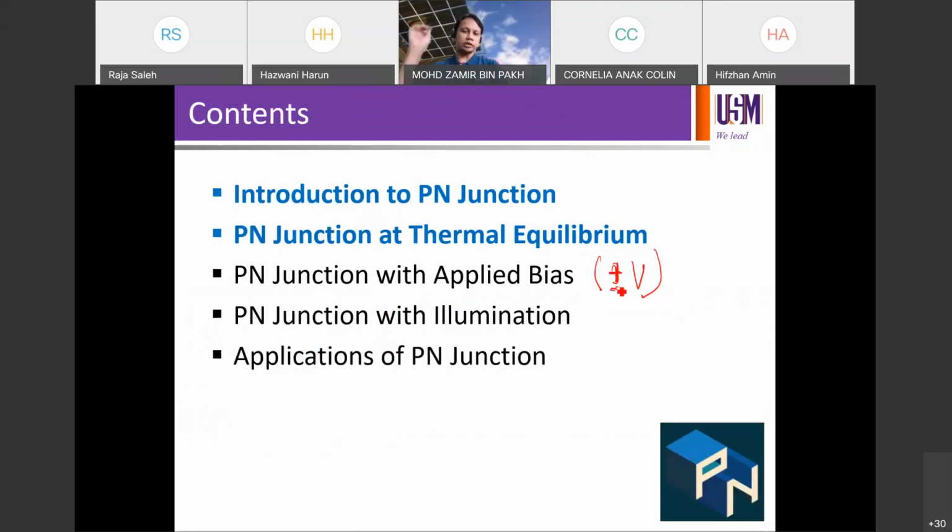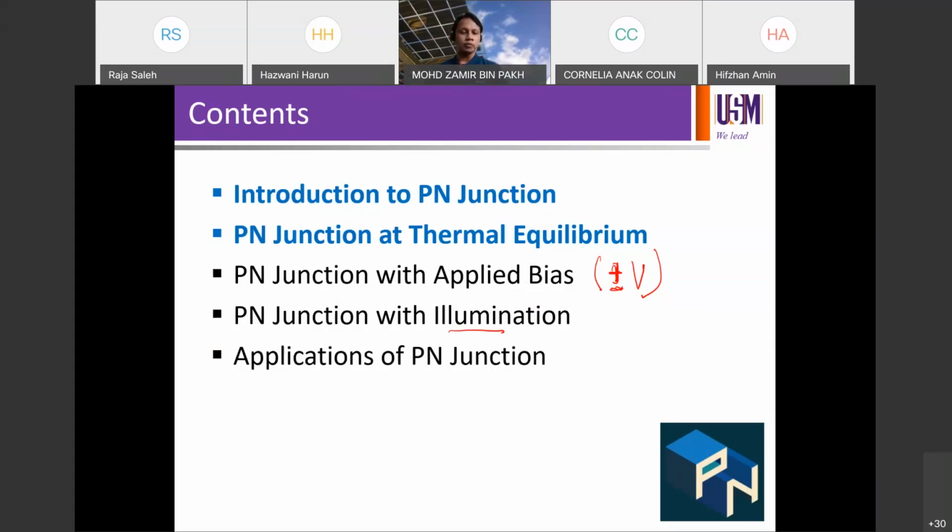Positive or negative voltage, right? So we'll see the effects of both voltages. Then we're also looking at a PN junction with illumination, which is partly learned in generation of excess carriers, right? So we've learned about generation of excess carriers by a couple of methods, like illumination, like electron beam bombardment, and